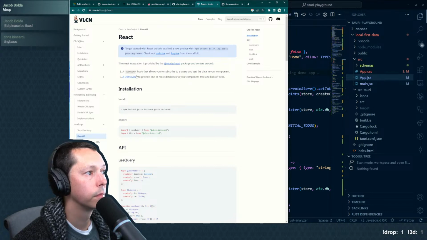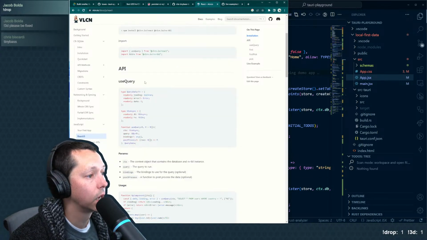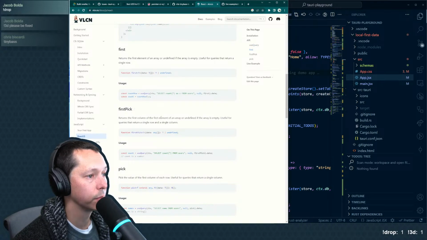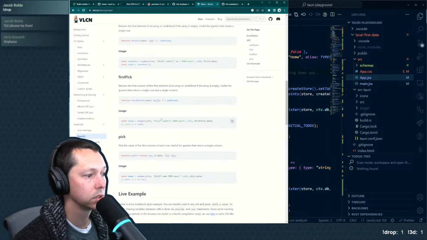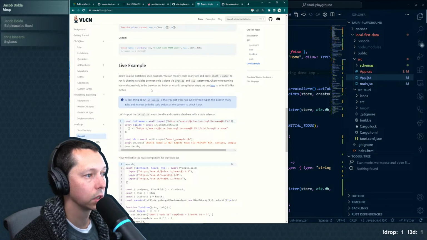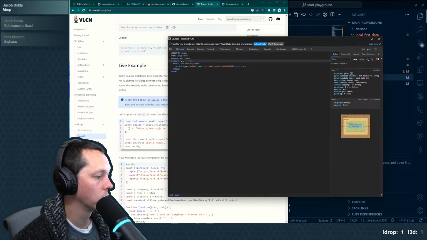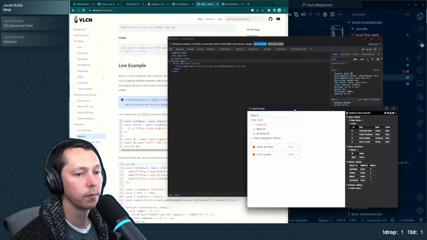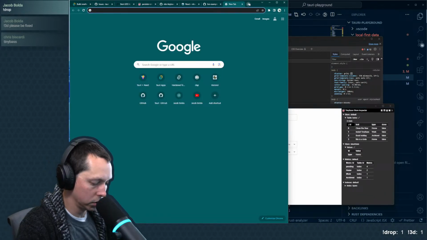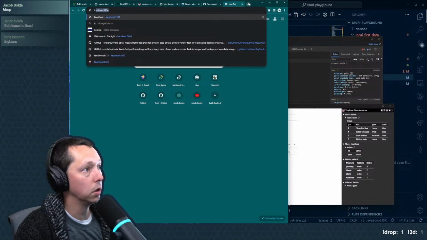A DB provider to provide one or more databases to componentry and kickoff sync. So I think that's the important bit, is that I believe that this provider is the piece that is doing the lifting. A cool thing, you can get cross-tab sync for free. Okay, so open this page in many tabs and interact with the widget. So if we have this, and we also additionally open